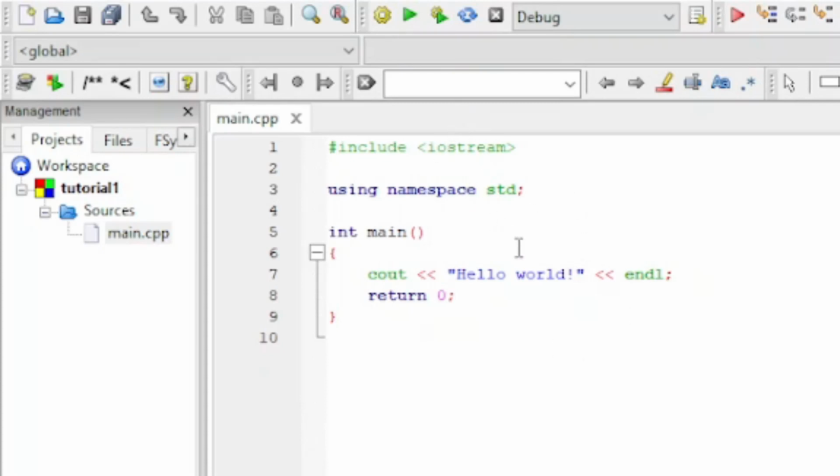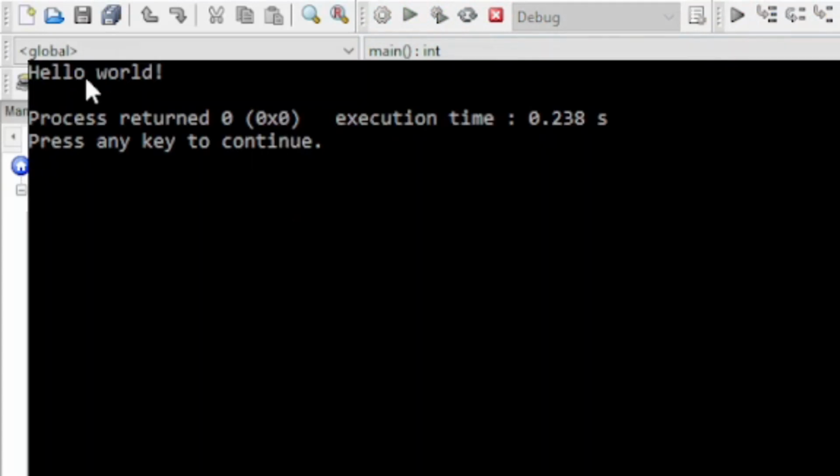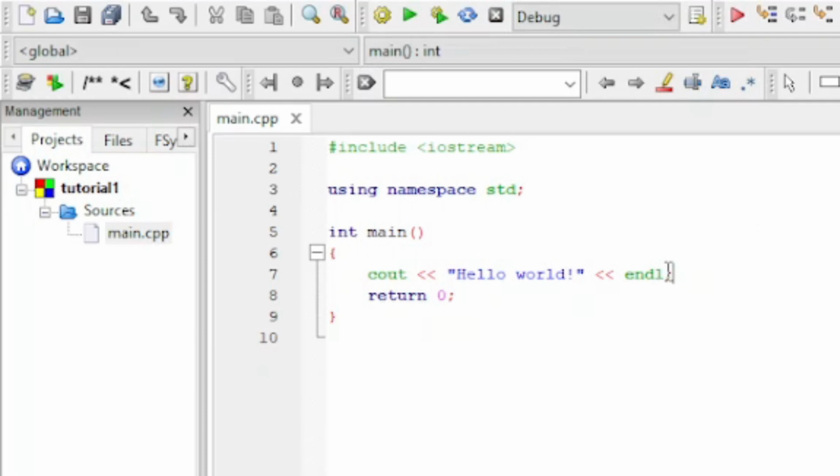As you can see, after hello world we have two more less-than signs, and then endl, and endl stands for end line, so it just shows an end line. So here if we run it, as you can see, we have this end line right here, but if we delete this, all of it,